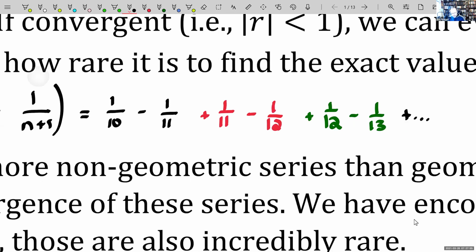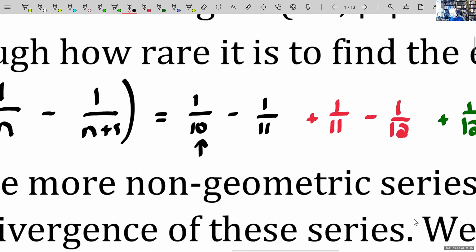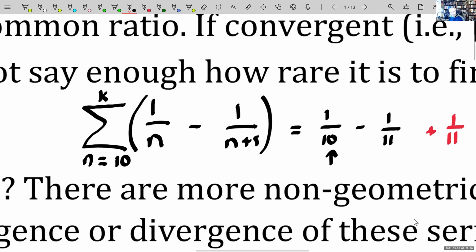You can see that as time goes on, the very first term you always keep at 1/10. However, everything else gets canceled out. In fact, almost everything else, except for if we were to stop at, let's just pretend instead of summing up to infinity, let's pretend that we're summing up to some value of k. Then you would sum all these values up from n equals 10 to n equals 11,